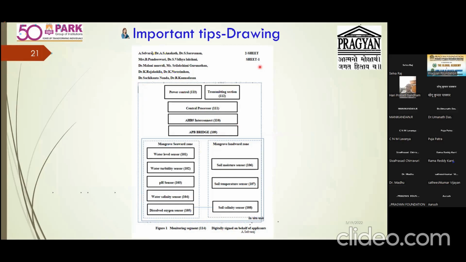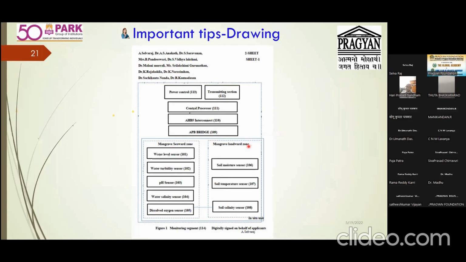This is one of the figures. Having two figures, but for presentation purpose, I'm showing here the first figure only. So these are power control, transmission, control processor, interconnected bridge. So these are part of my invention. Okay, so you should present separately: your drawings on a separate sheet, and abstract also on a separate page, claims also on separate pages.